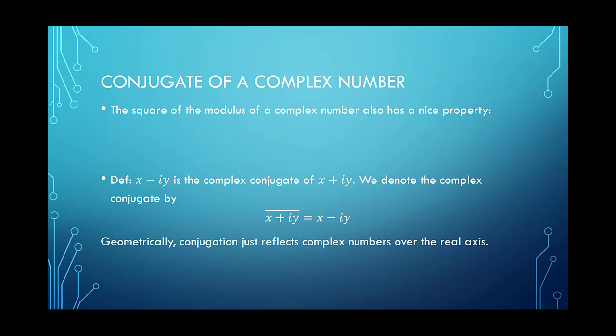So if we take z equal to x plus iy, the length of z squared, so the square of the modulus of a complex number, is equal to x squared plus y squared. Now you might be like, okay, sure, that seems right, because if you square a square root, the square root goes away, right? But this is also equal to the following.